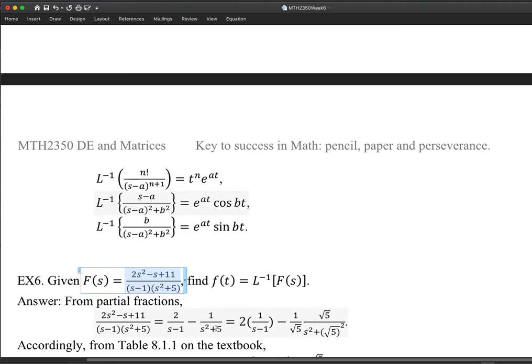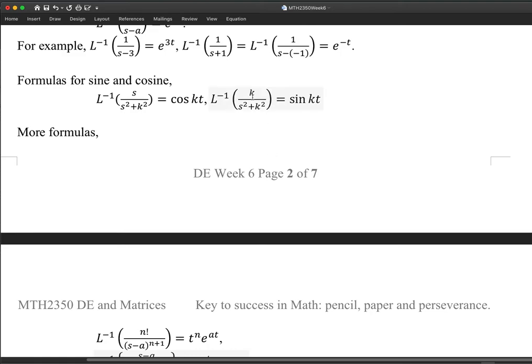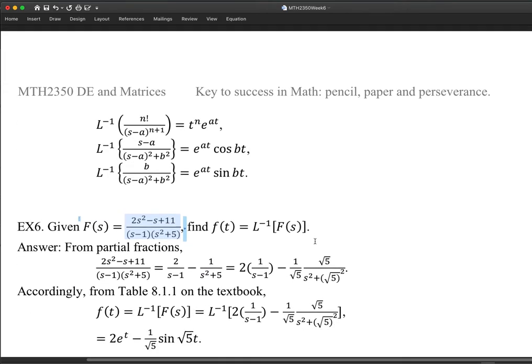So you want to make this 5 a perfect square. So that's square root of 5 squared. And then if you want to see the formula carefully, you need to have square root of 5 on the top too. So this is what I did. I do have square root of 5 on the top. This is what I created. It's not in the original problem. So to keep this fraction balanced, unchanged, at the same time I got another square root of 5